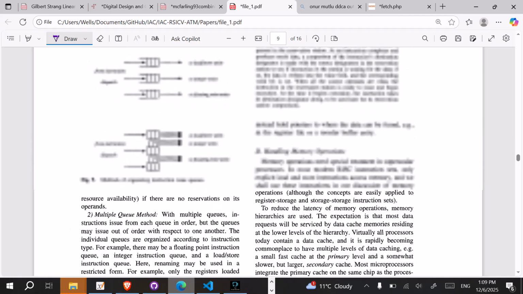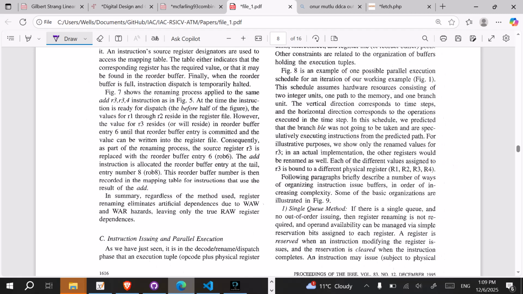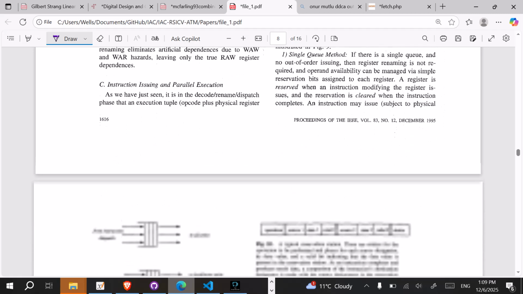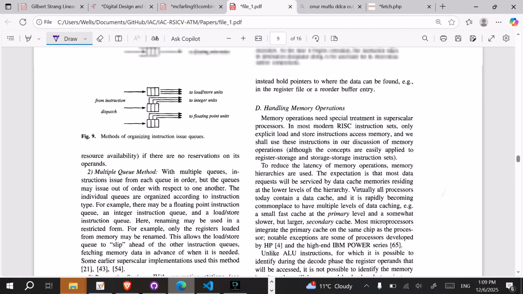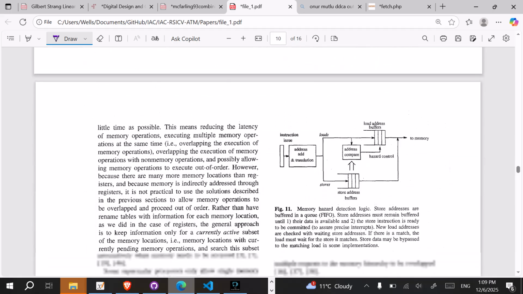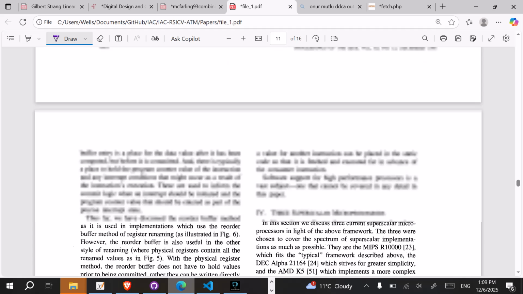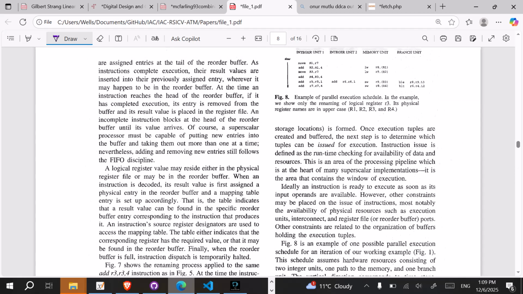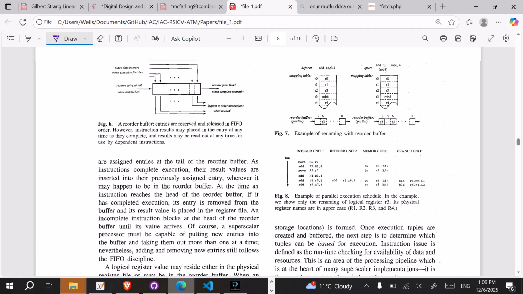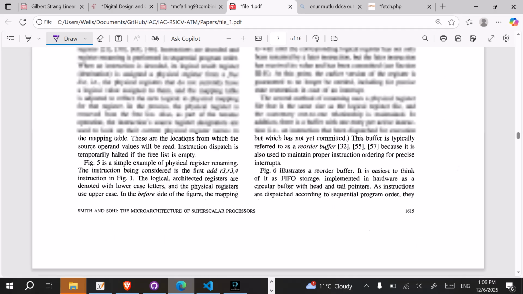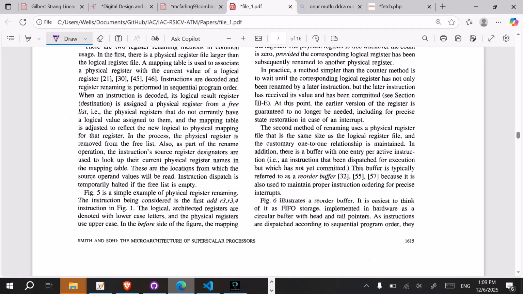Okay, multiple queues method, single queue method. So there's something called the